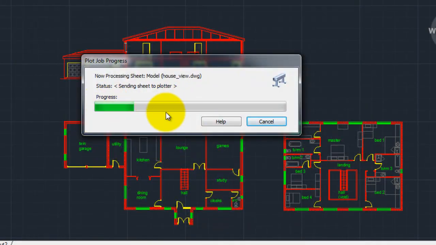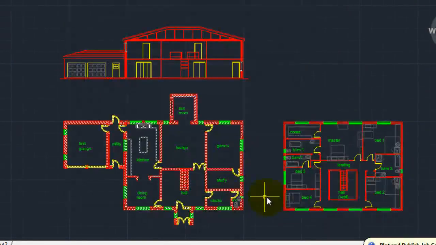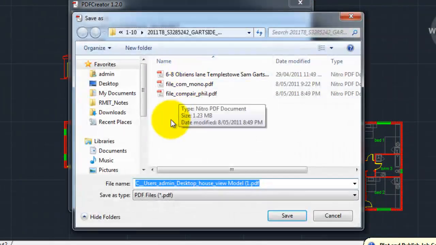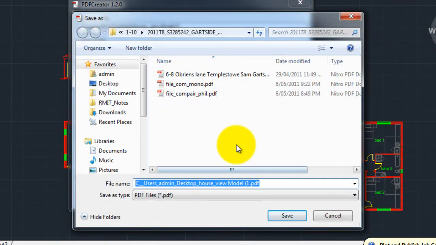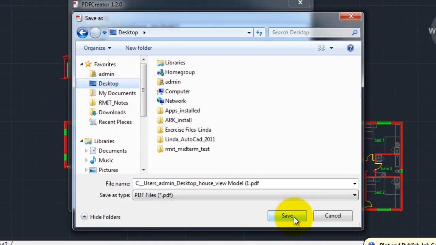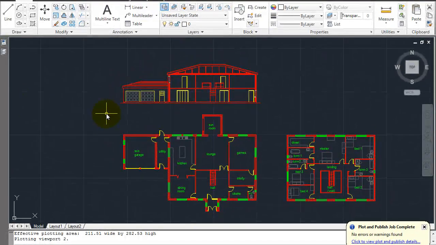Continue, and basically here it is here, and for mine I'm just going to be saving this, and it's going to ask me where to save it to. For this particular thing I'm going to keep it as is, and I'm just going to save it to my desktop so we can actually have a look at it afterwards. So there, save. It's now creating the PDF,